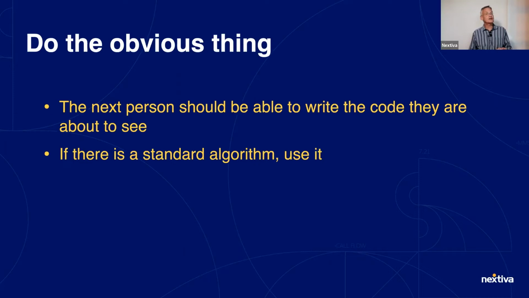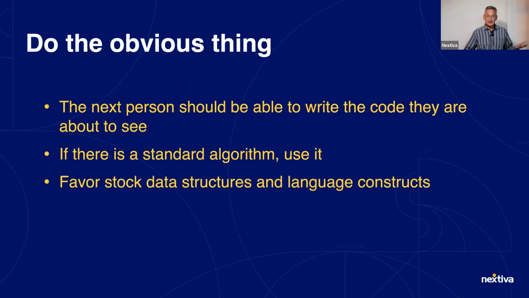You're part of that code because it's acting normally, naturally, the way that you would expect. If there's a standard algorithm, use it. That's what I mean by the obvious thing. Favor stock data structures and language. Don't invent your own map. Don't use parallel arrays where you could use something standard. If you do funny stuff, people scratch their heads. Why are they doing that funny stuff? And that's that cognitive load. They get a little bit scared of it because they're wondering, why is this code so strange? We don't want them to wonder why it's so strange. We want it to be the natural thing.